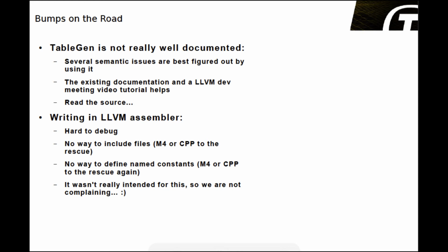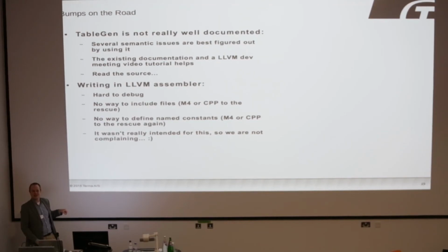Not on this slide is that there are no hexadecimal constants in LLVM assembler. And that's really annoying actually. But yeah, I realize this isn't really the intended use case of LLVM IR or the assembler, so we're not really complaining about this. But yeah, it's something that we had to deal with. So whenever we have a constant, there's always a comment saying that this is this in hex or binary. Not the nicest thing, but